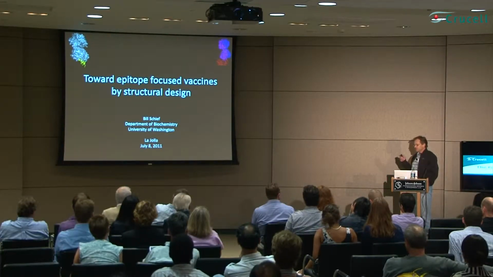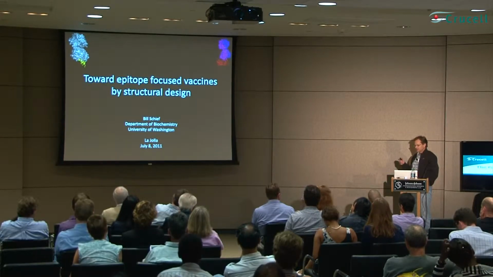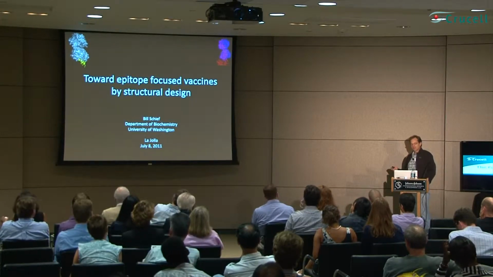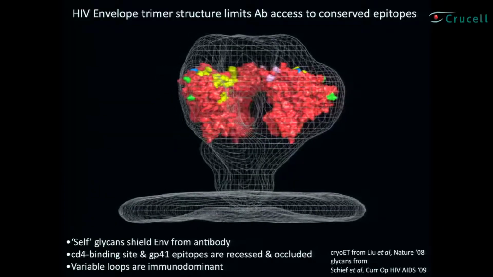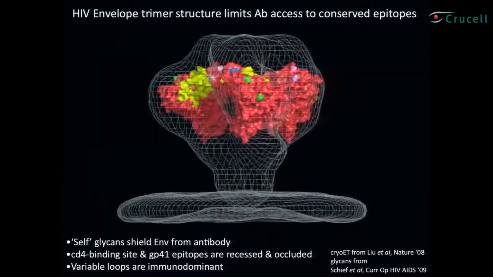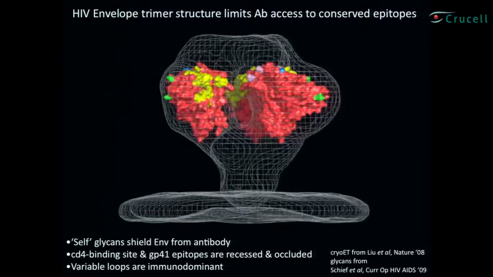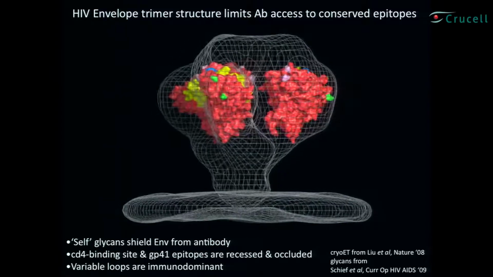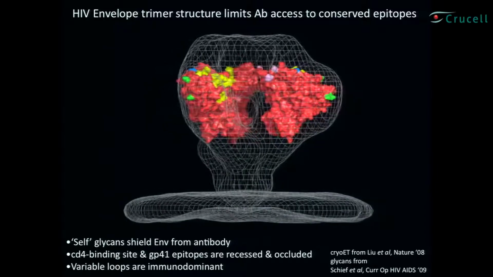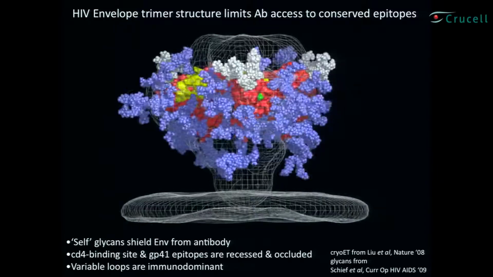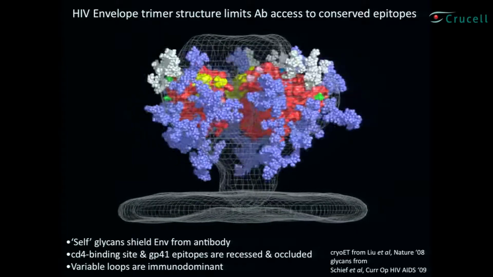Is try to design immunogens that are focused on particular epitopes. And in the next two movies, I just want to give you an example from HIV, to bring it home about why we think that's necessary for HIV, and probably for many other very challenging viruses, you'll also find it necessary. So this is cryo-electron tomography density of HIV trimeric spike taken from Sriram Subramanian's paper in